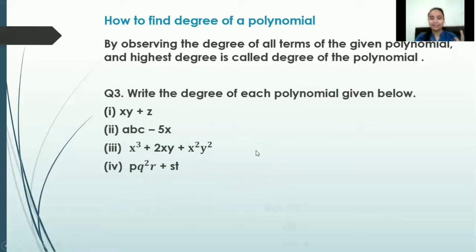Okay, just see the answers. The degree of this first expression is 2. What about this? Because of this first term, the degree of this first term is 3, and for this, it's 1. So 3 is the highest degree, so 3 is the degree of this polynomial. What about this? Because of this term, the degree will be 4. So for the third expression, the degree of this polynomial is 4. For this, now I think you understand, the degree because of this term will be 4.